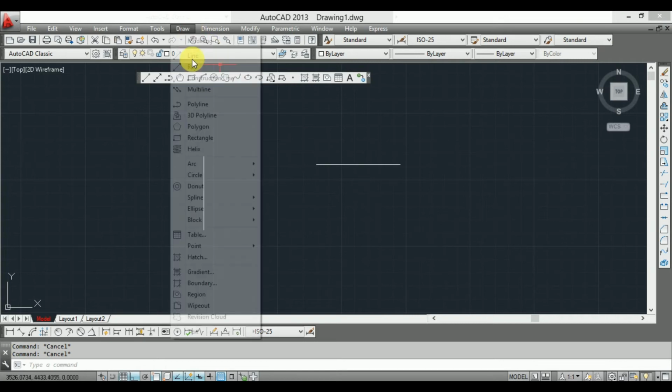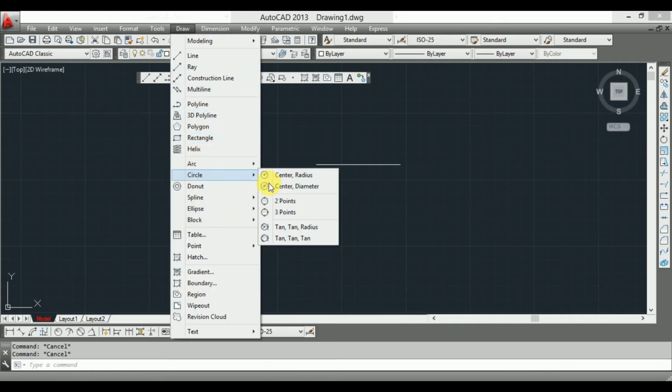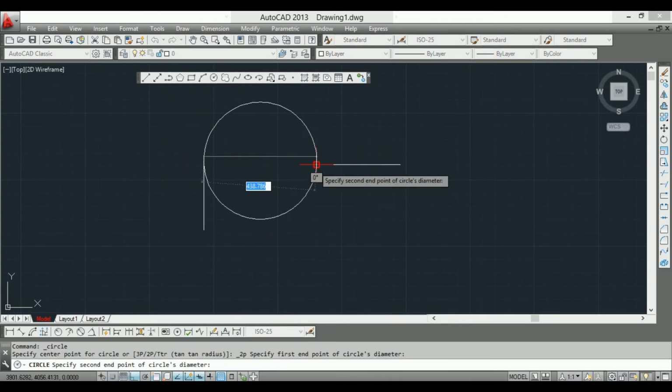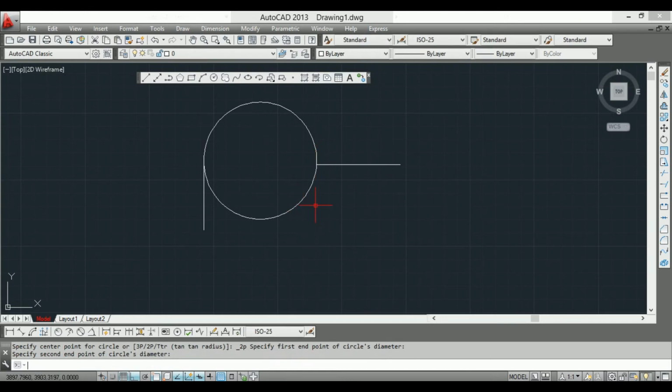Go on draw, circle, then click on 2 point, specify point 1 and point 2. Guys, you can see this circle goes through both points of the lines.